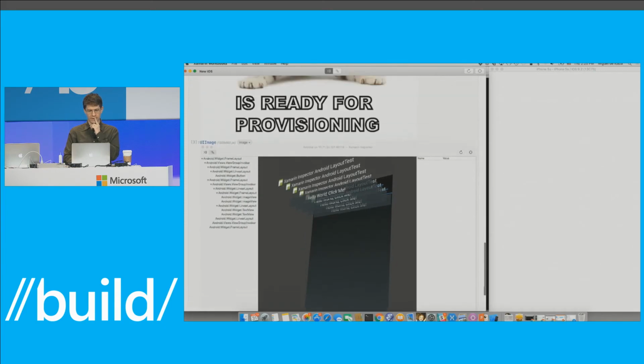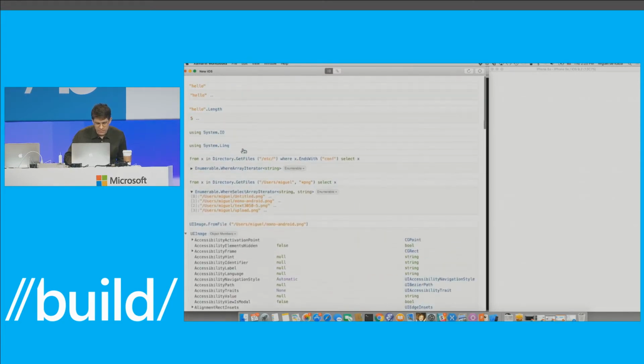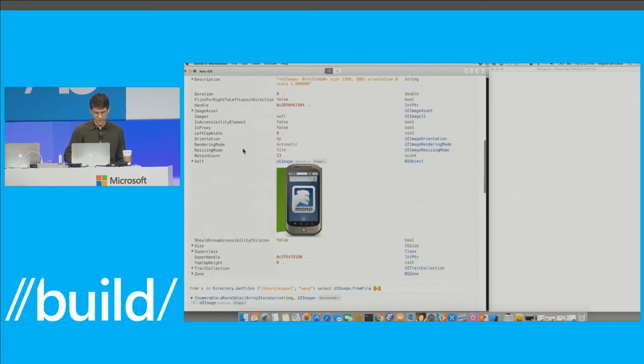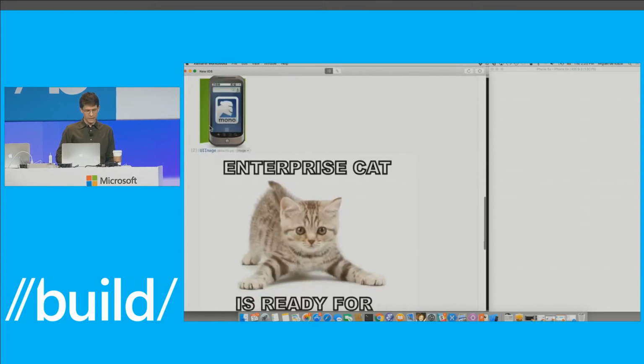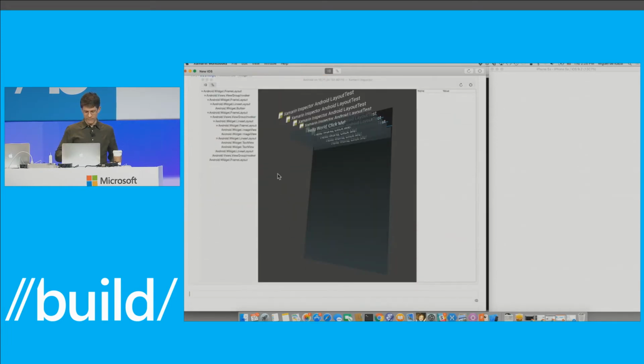So there we go. So this is an enumerable return, right? And the first image, God knows what it is. I don't know, it's some tiny image. What is that? Untitled.png, probably not very inspiring. Then I got this mono Android picture, which is probably very old. Entrepreneur cat, ready for provisioning, and some other file.